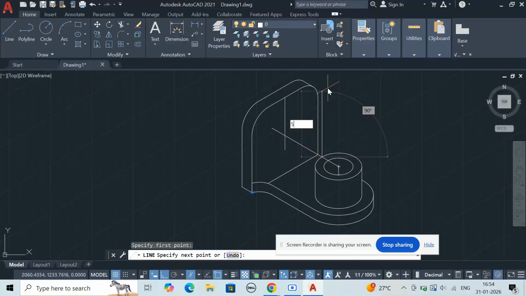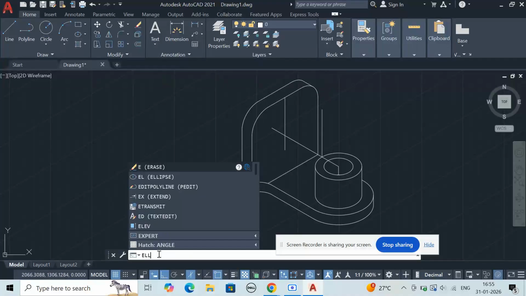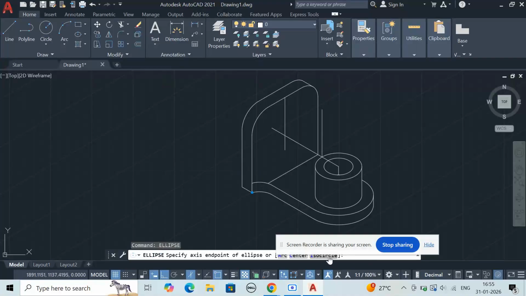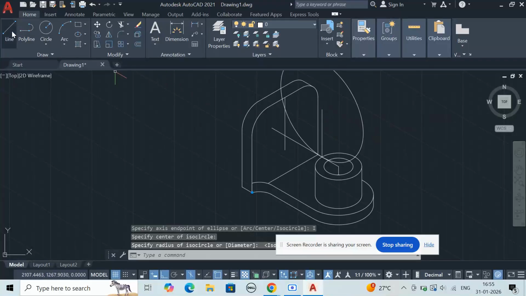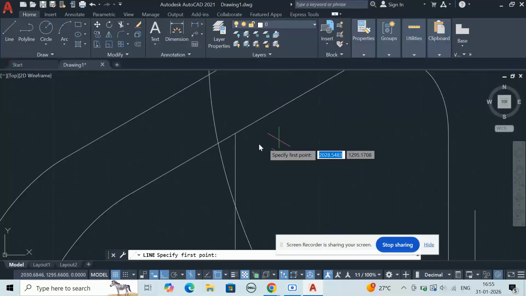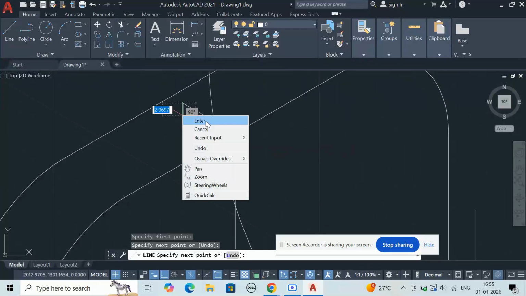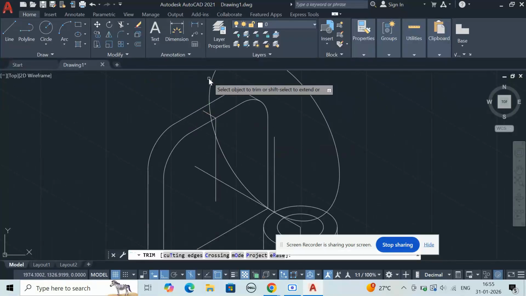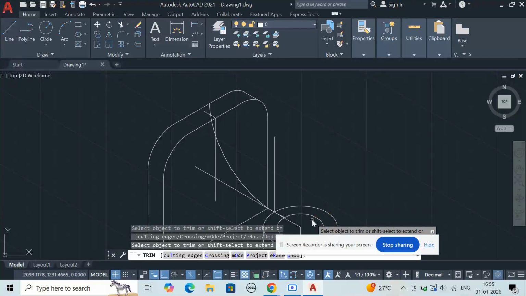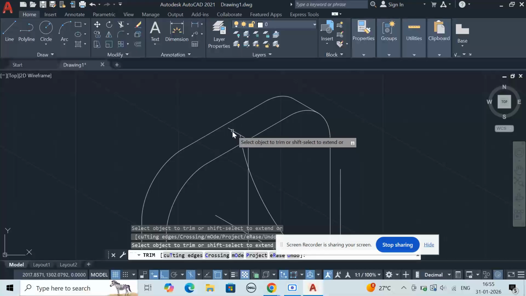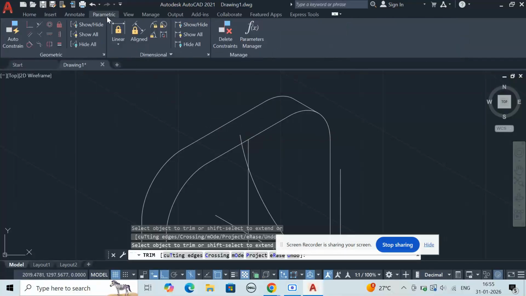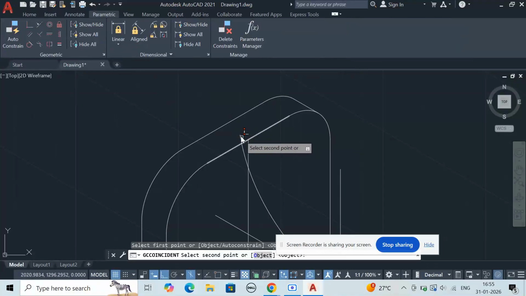Now draw a 50 mm line. Now draw the ellipse of 50 mm radius. Draw the straight line. Trim the circle, isocircle. Now go to parametric and